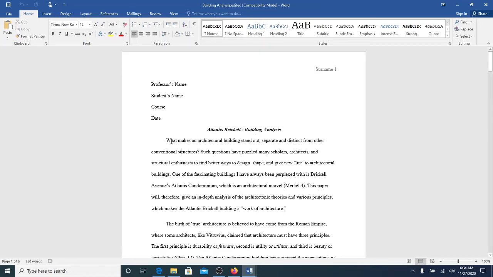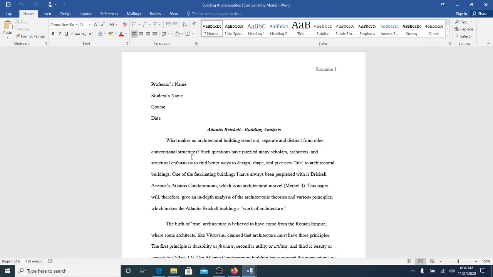So the way that I started the introduction was, what makes an architectural building stand out, separate and distinct from other conventional structures. So just by writing that, you pause, and the reader would ask themselves,